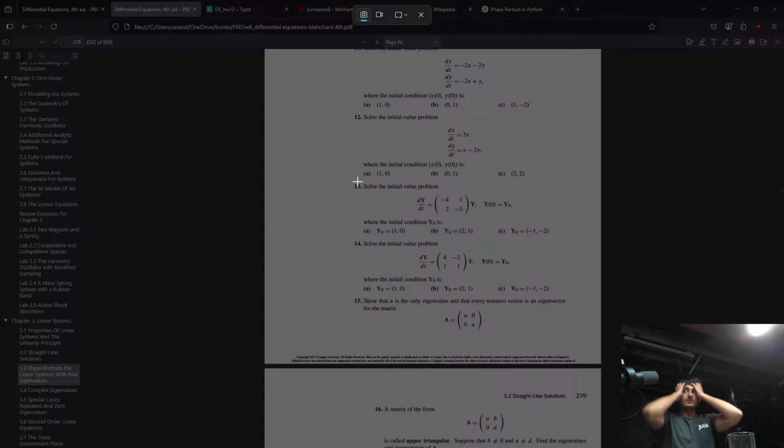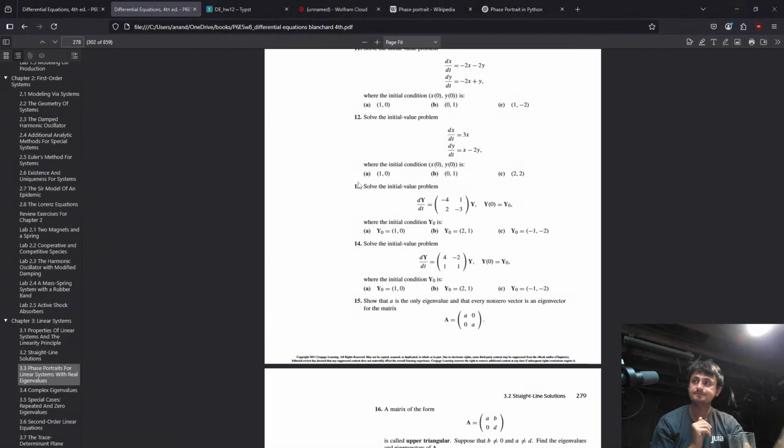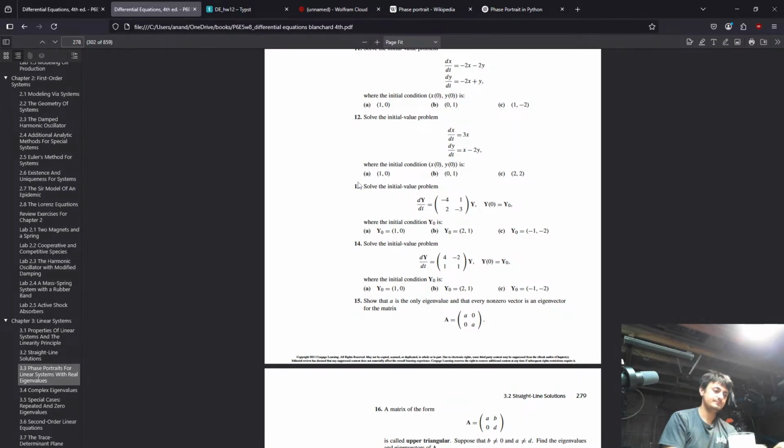Okay, so how do we want to approach this problem? We're going to do the same thing as before, but I want to figure out the absolute fastest way to do this, because sometimes I just bumble around. The first step is you find the general solution. Since it's a 2x2, what we can do is